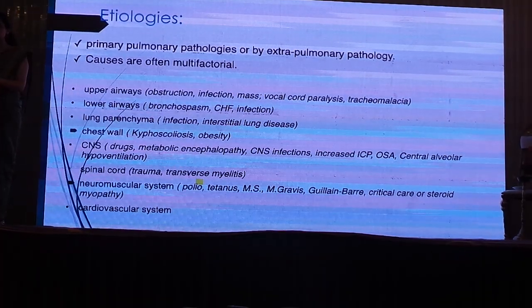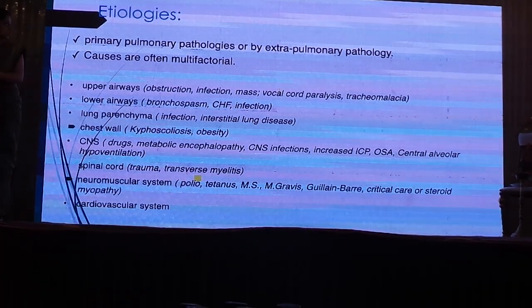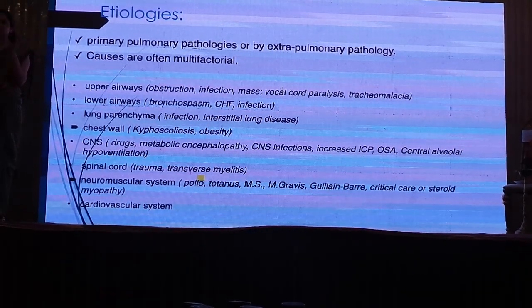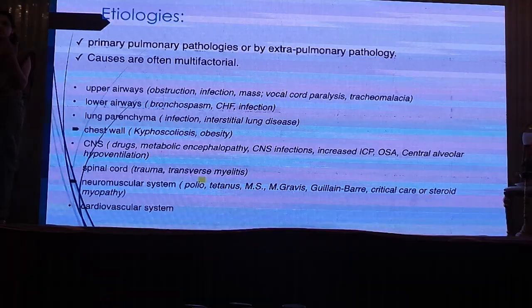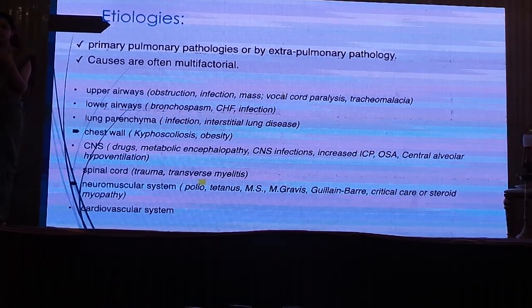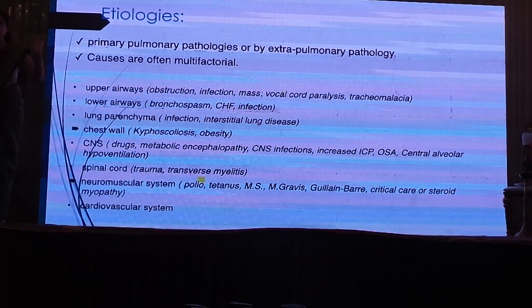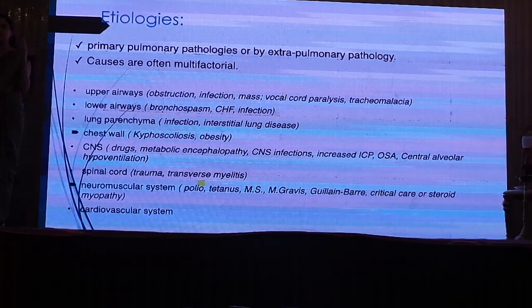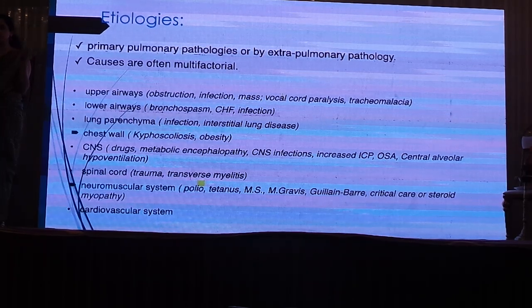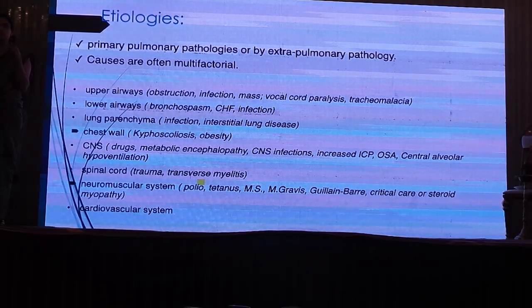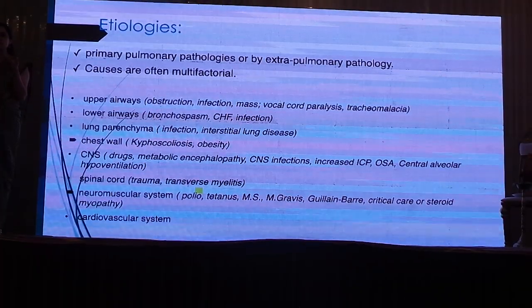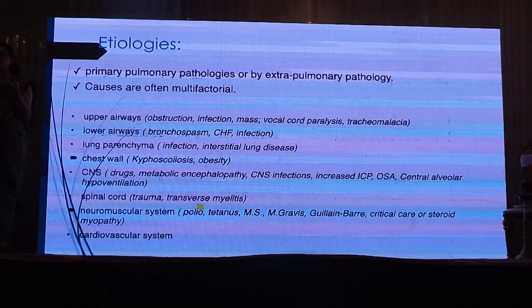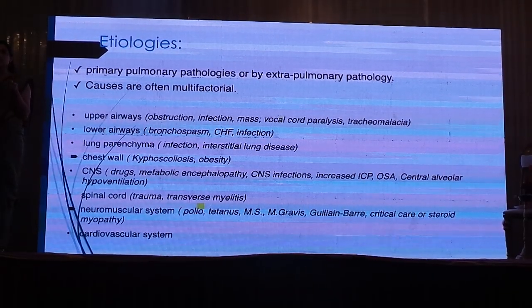Coming to etiologies, primary etiology either will be within the lung or outside of the lung. So it can be extrathoracic or within the thorax. We have to understand that. And causes may be multifactorial. So this is just a gist of the overall complete pathologies, the areas that can be affected, like upper airways, some kind of obstruction, mass, vocal cord paralysis, vocal cord mass. Then lower airways like bronchospasm, CHF, any kind of infections affecting lung parenchymal, infection, interstitial lung diseases,